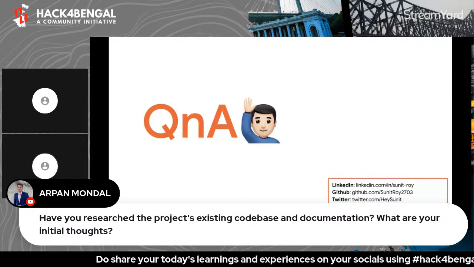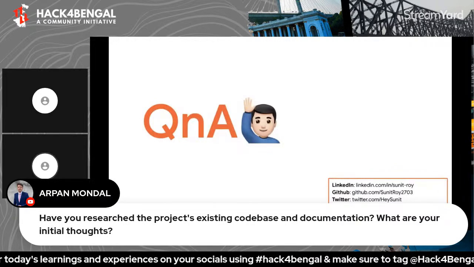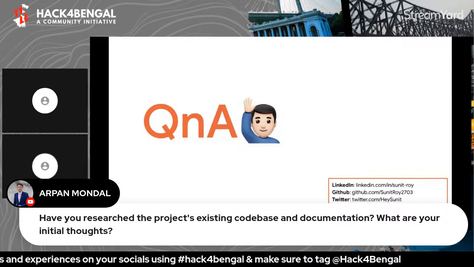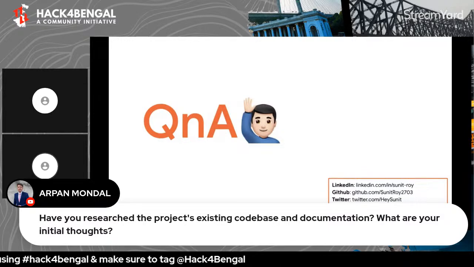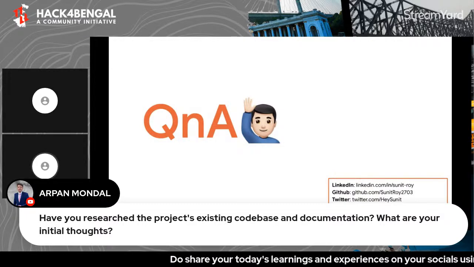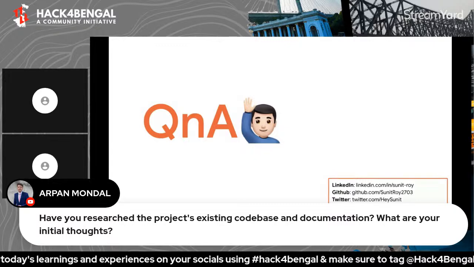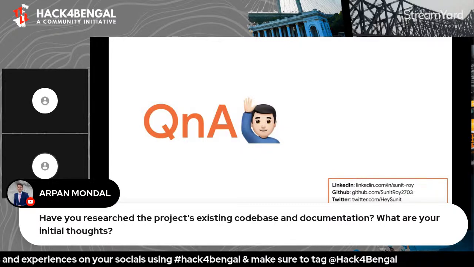If it's a big code base, they will most likely have documentation. So go through the documentation, and you will have a good understanding of the whole code base. Then, if the project is really big, only go to the part that you will be contributing to, and read through those lines to get a good understanding.